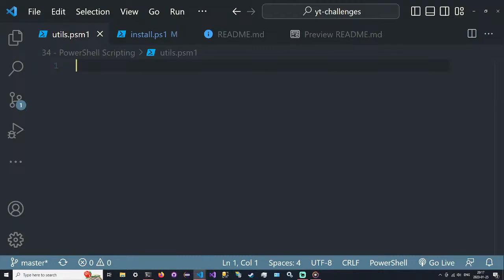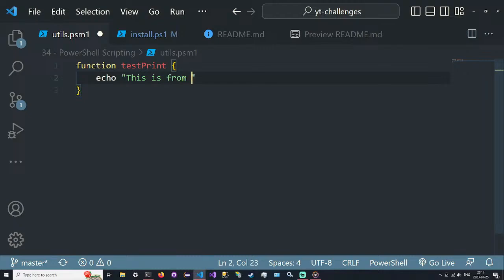So if I had function test print, it looks a little bit like JavaScript, a little bit like other things, but I can just put in actual PowerShell commands. So something like echo,